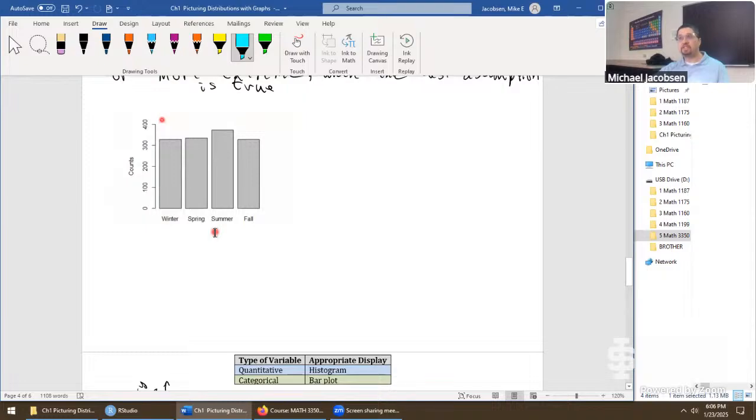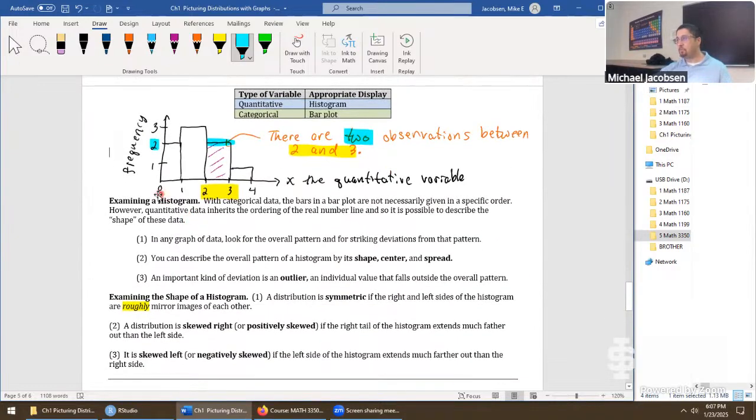We might say this bar plot has an interesting shape where there's a peak roughly in the middle. But, you know, that just depends on if you made winter come first. This did have a natural order because there's seasons, but you could have made summer come first and make the data look a little bit different. There's nothing stopping you from making that happen. Whereas down here, we're prevented from changing the rectangles in this histogram whatsoever, because like it mentions here, quantitative data inherits the ordering of the real number line, and that's this axis right here. It would never make sense to have a 3, 4 in this location and then go 0, 1, for example. So we have always a natural ordering.